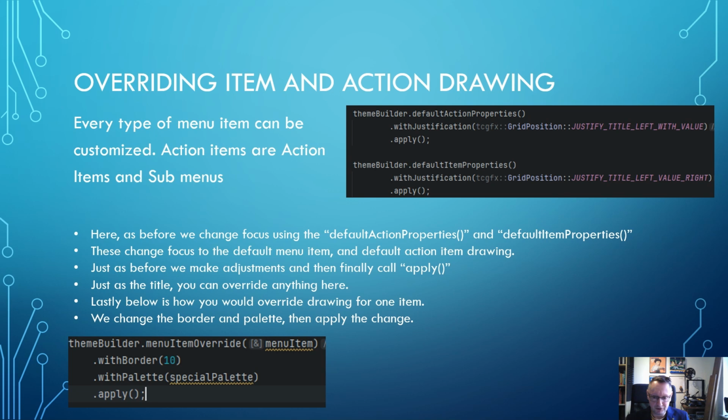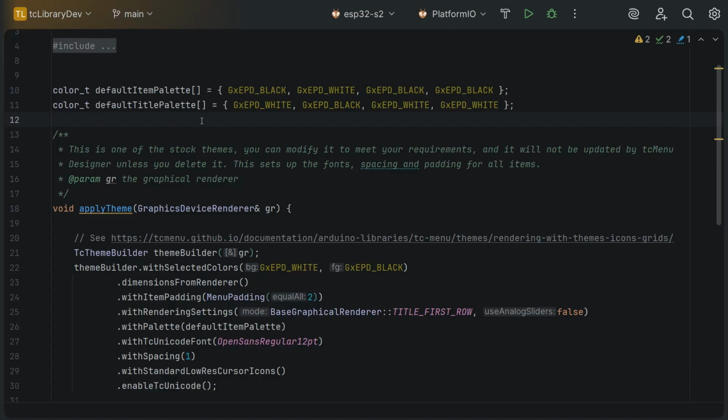So if you want to draw a specific menu item a different way, you can see on the bottom left the way that you would go about doing that. In this case, for our special item, it has a bigger border, it has a different palette, and then we apply it. So I'd like to just quickly go through actually what a theme file looks like once it's been